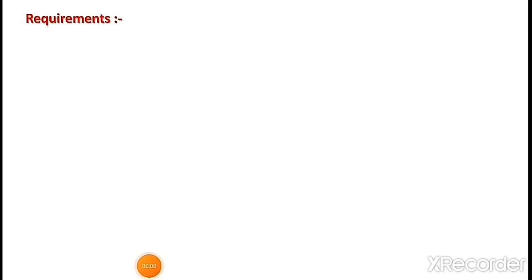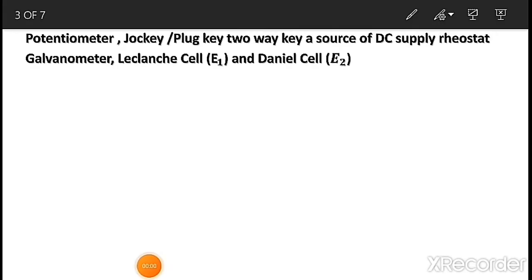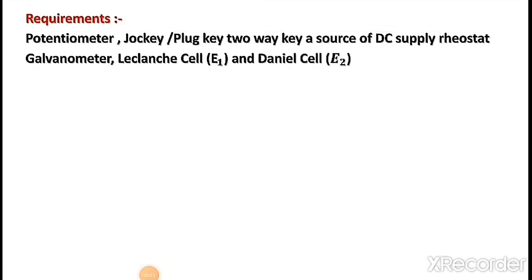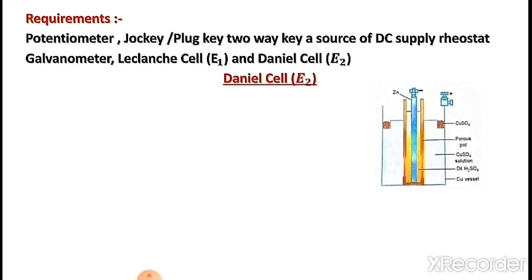While performing this experiment, we require the following apparatus: potentiometer, two-way key, jockey, a source of DC supply, Leclanché cell, Daniell cell, rheostat, and a galvanometer. Now we are going to discuss the Daniell cell. We have the figure of this Daniell cell,